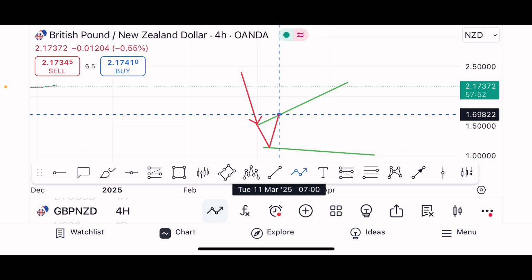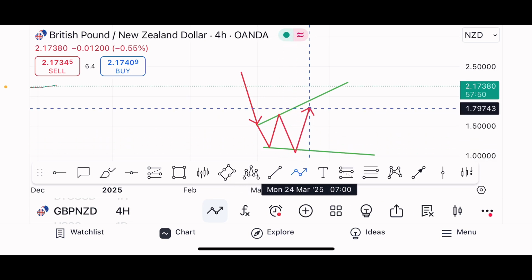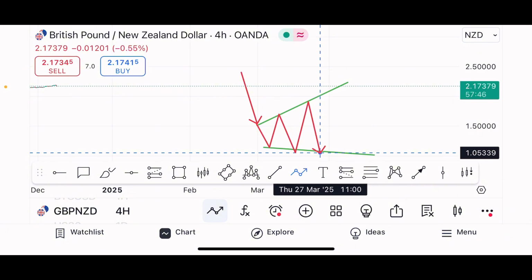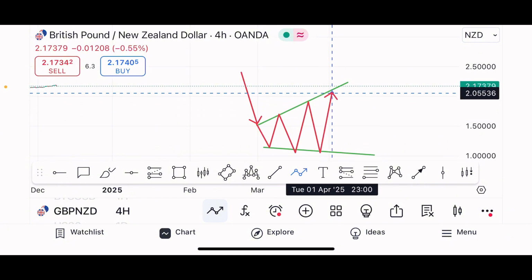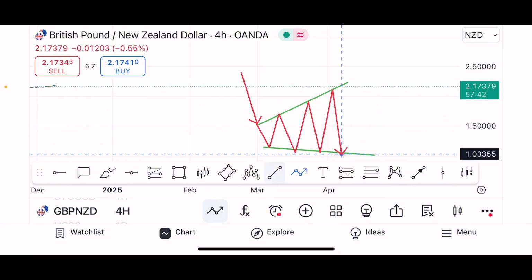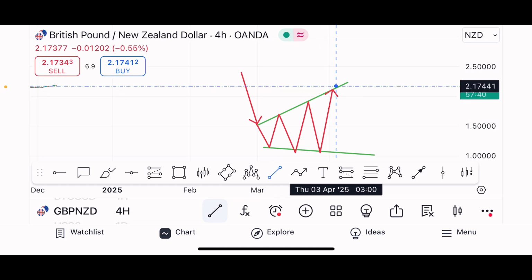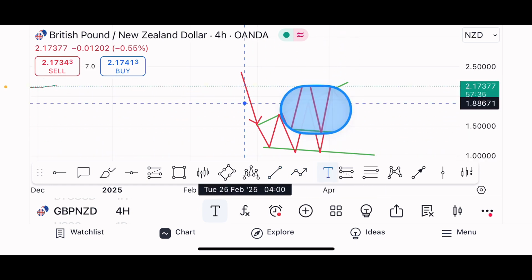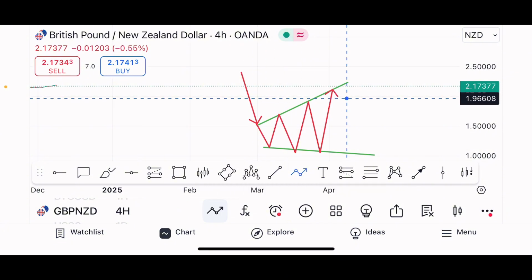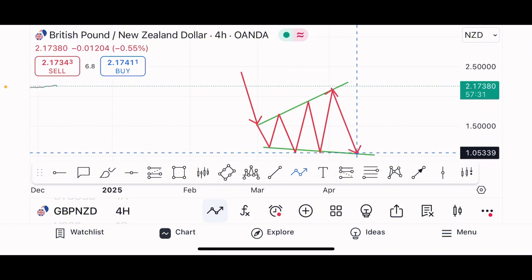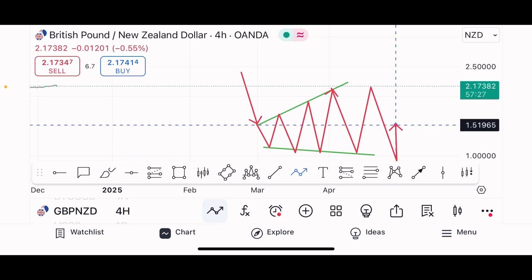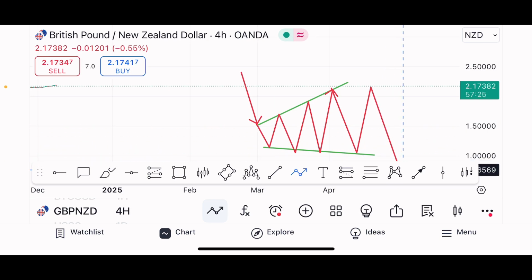Then it will just gradually increase every time it makes its way from the resistance to the support. Every time it makes its way from the resistance to the support, it will just continue getting bigger and bigger, until the market decides to do what? To break,